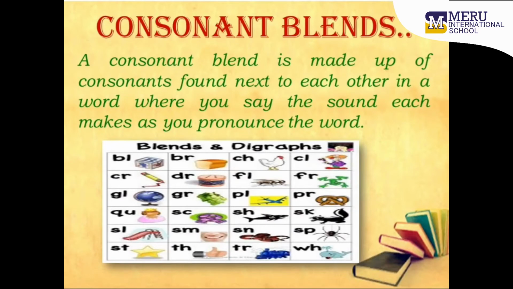These are a few consonant blends or digraphs. Bl, where you can hear both the sounds b and l. Br, as in bread. Ch, as in chicken. Cl, as in clown. In the same way, you can find different digraphs and blends. You can give this as a fun-filled activity where the child has to blend different consonants and make the sound. This will also increase the knowledge of blending the alphabets.